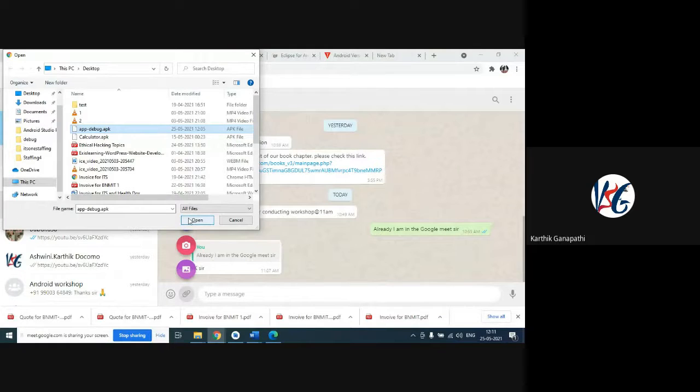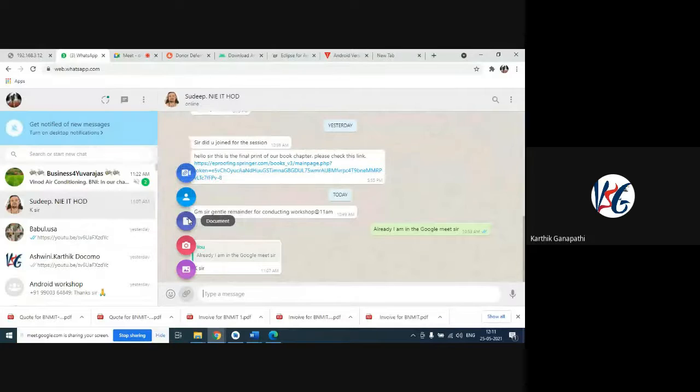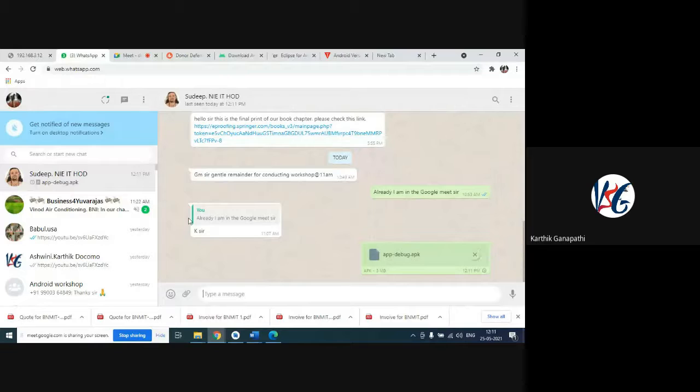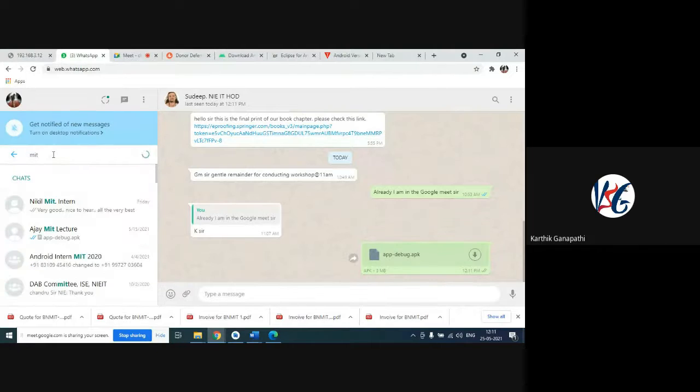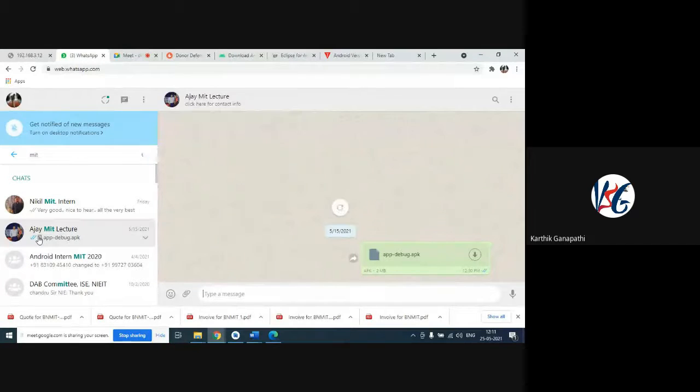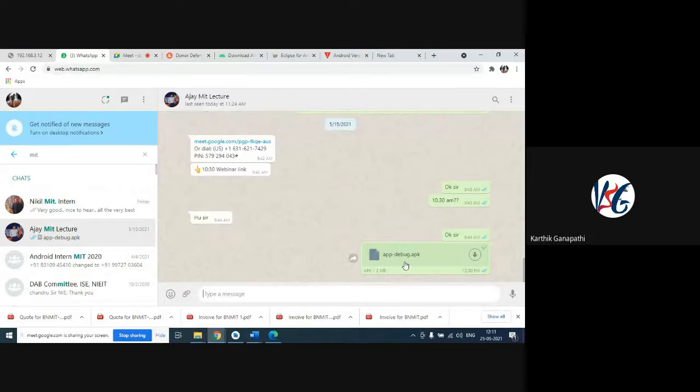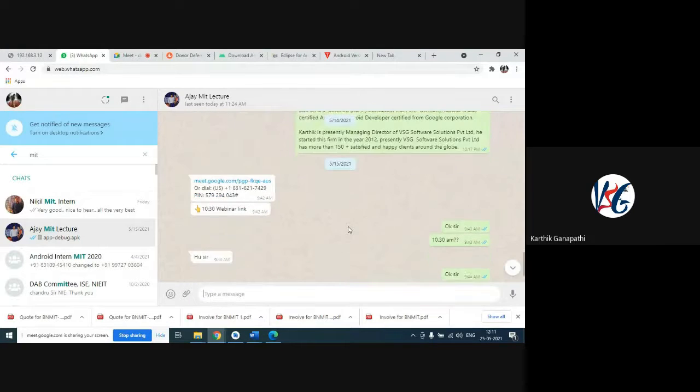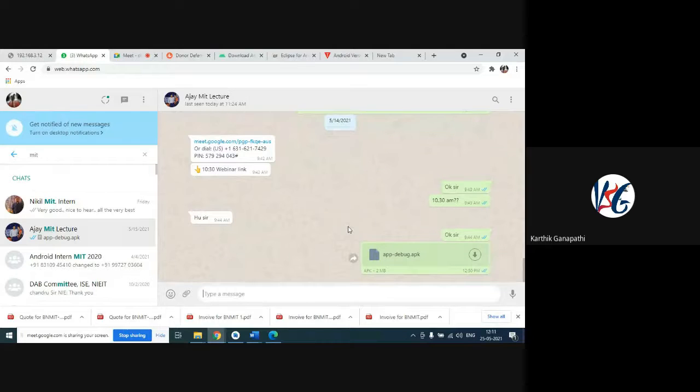It is not recommended to share things on WhatsApp. Sudeep sir, I have just shared this, and along with this I'll just share the link of the code. Wait a minute, sir.